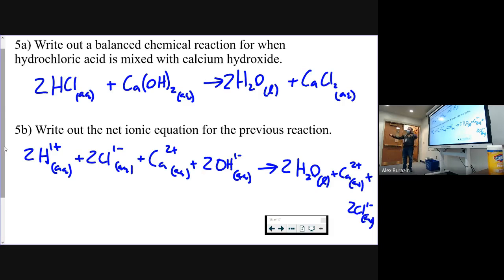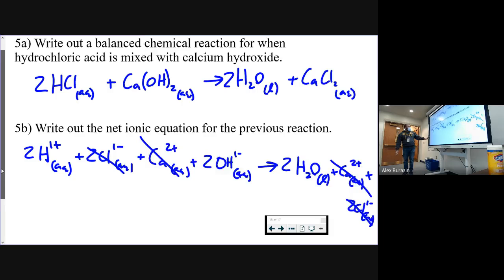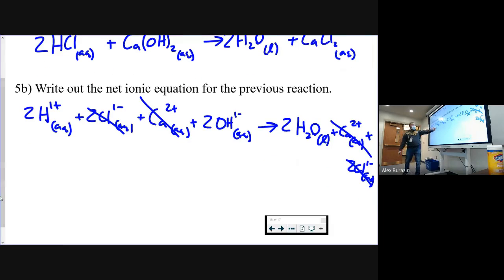Okay. What hasn't changed from both sides? Let's look. Hydrogen ions, that changed. Turned into some water with the hydroxide. Chloride ions. They didn't do anything. They're a reactant. They're a product. They're unchanged. Okay, they're gone. Calcium ions. They didn't do anything. So the end result, if you want to rewrite it, you're more than welcome to. You don't have to. But the end result here is 2 hydrogen ions plus 2 hydroxide ions gives us 2